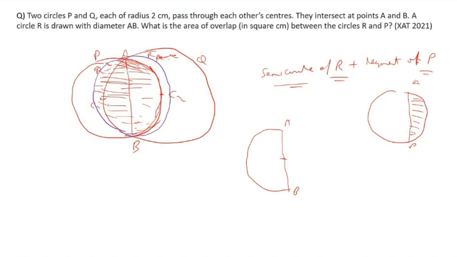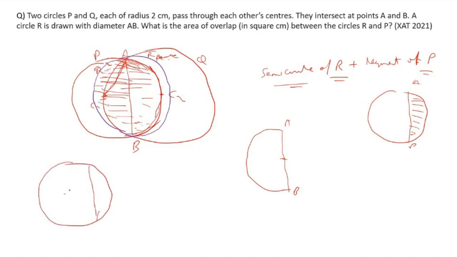This was C1. So this line segment would be 2 essentially. So if we were to draw this, we need to find the length of AB. Why? Because the semicircle of that would be the diameter of R, and we can use pi R square by 2 for the area. So if I draw the circle P here, just the circle P,